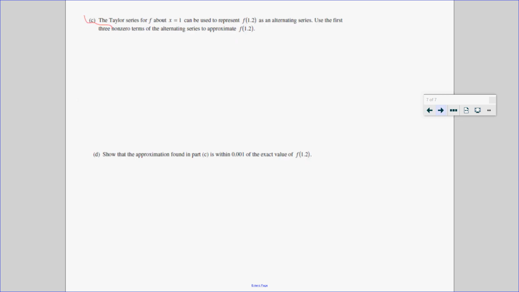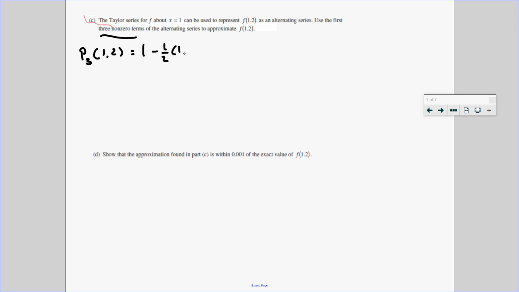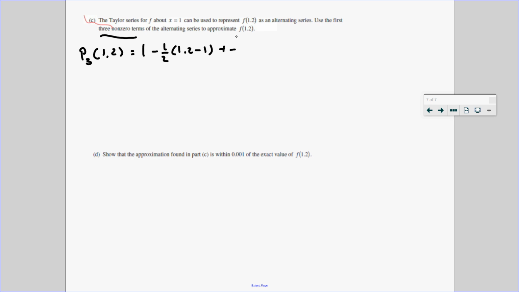So question C says, the Taylor series for f about x equals 1 can be used to represent f of 1.2 as an alternating series. Use the first 3 non-zero terms. So now they're just saying it. Remember my polynomial, I just plug 1.2 in. It's going to be 1 minus 1/2 times (1.2 minus 1), plus, can I just write that as 8? 1 over 4 times 2 factorial is just 8. So 1/8,